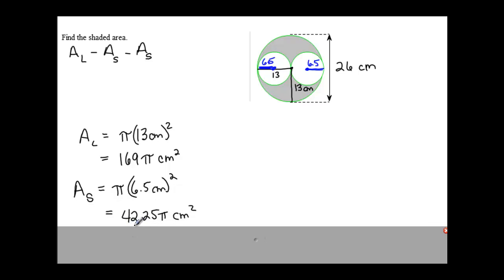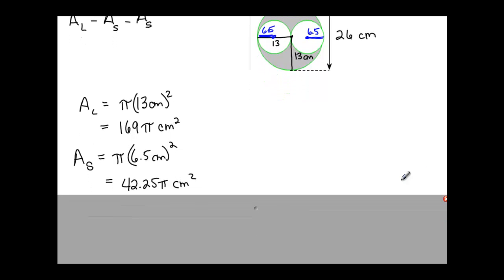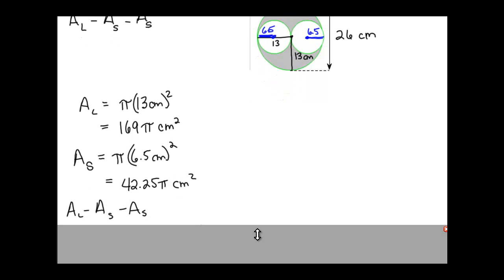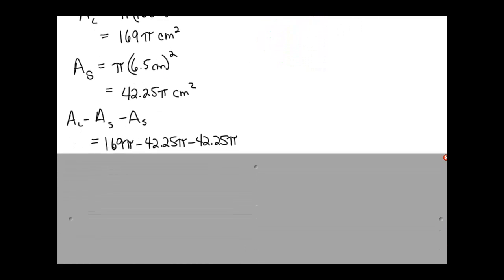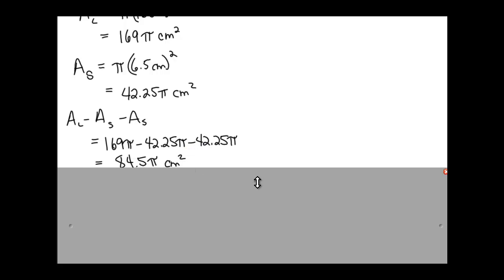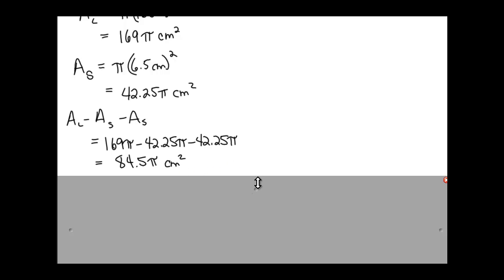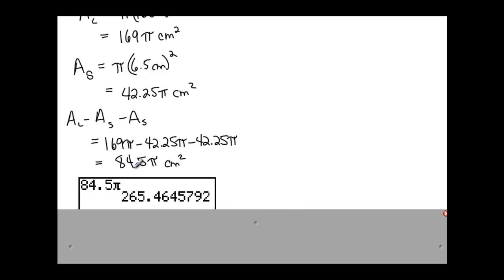which would give you 42.25 pi square centimeters for both of those circles. So now we would need to take the area of the largest minus those two smaller circles. So the 169 pi minus 42.25 pi minus another 42.25 pi would give you 84.5 pi. And then when you type that in your calculator, you would get